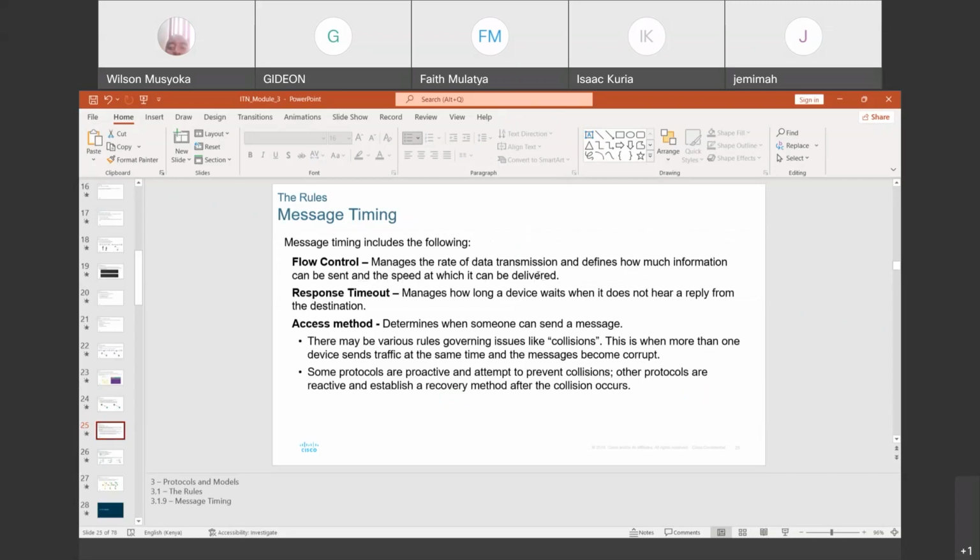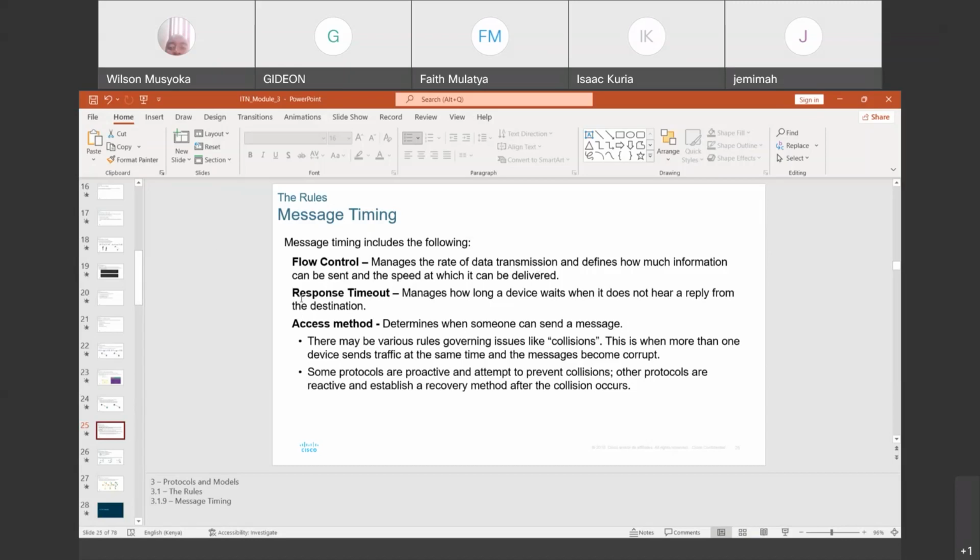Like we have said, if your device is transmitting at 10 megabits per second, but the receiving device is receiving at 100 megabits per second, then there has to be some kind of flow control, where we have said the basic mechanism which is normally used is buffering, so that you can ensure both are receiving at the same rate.